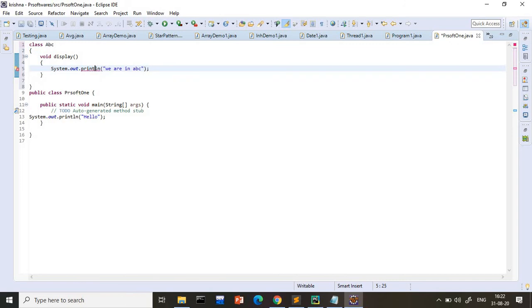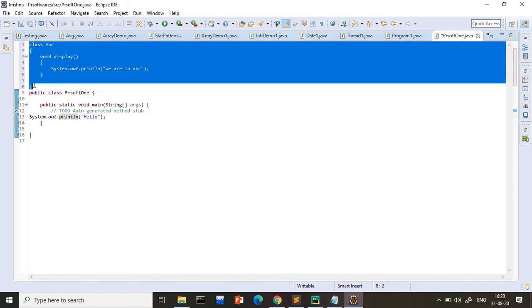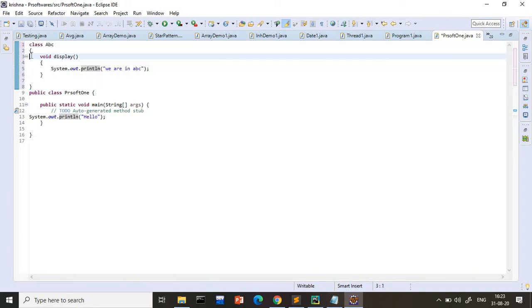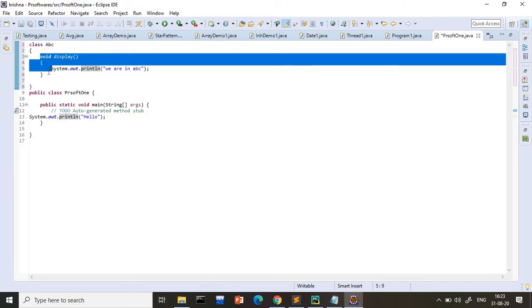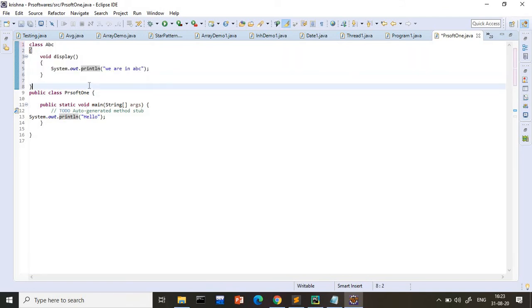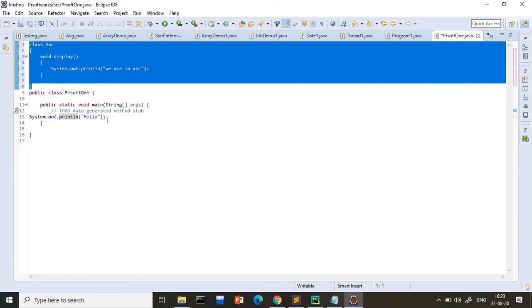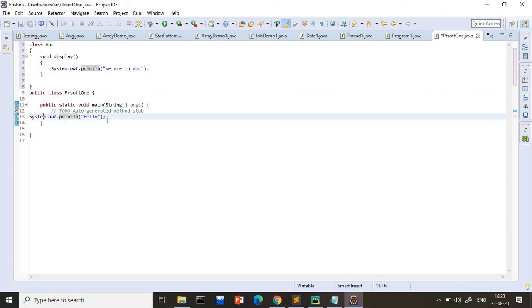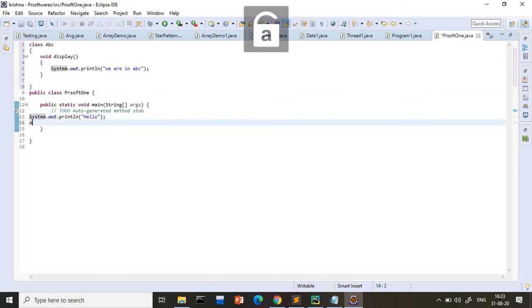Make sure, guys, when you are a starter, you should follow the brackets properly. Here the ABC bracket should be closed, then the void display bracket should also open and close properly. After closing this, if you want to access this class's details in your main class, you have to create the object: ABC A = new ABC.